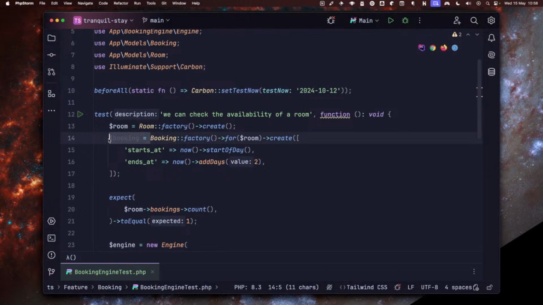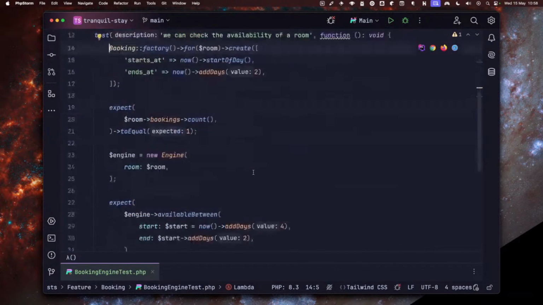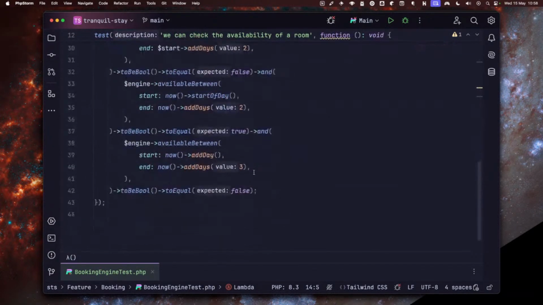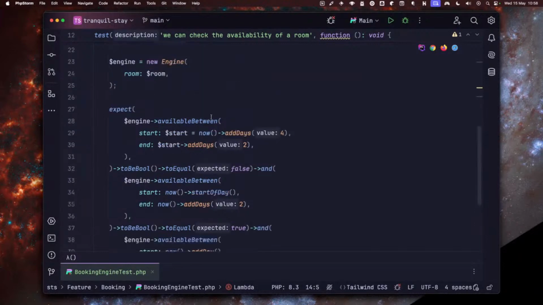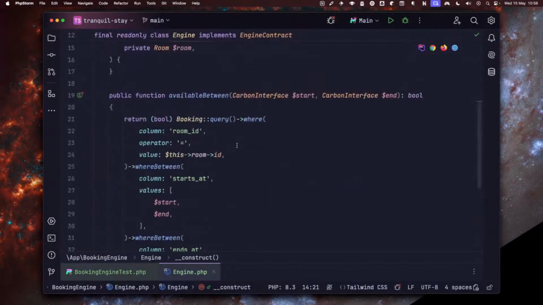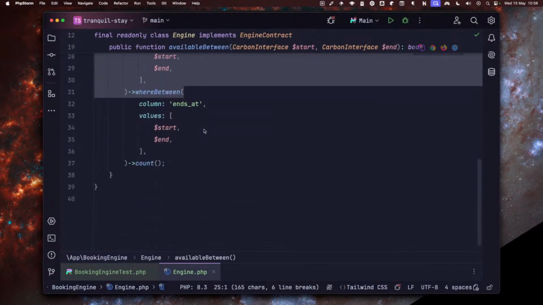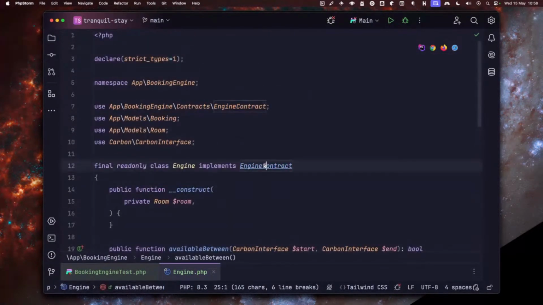That booking isn't actually needed. So I still need that room. All good. So to me, that engine should be working as expected for checking the availability. For this room, check between these dates and those dates. Next up,